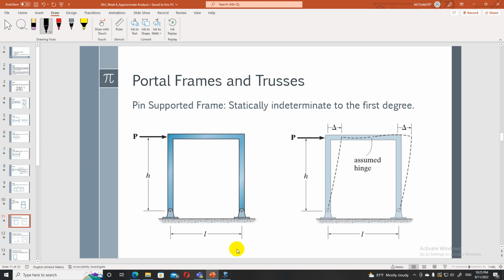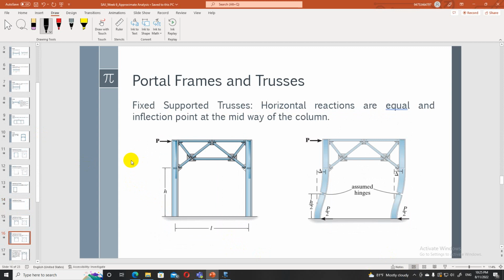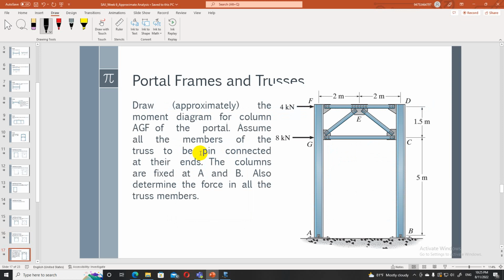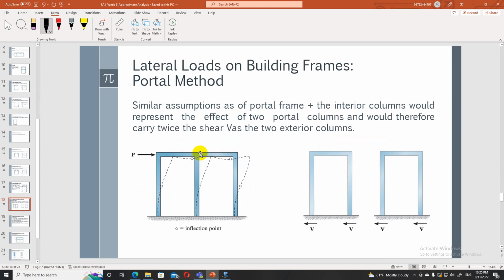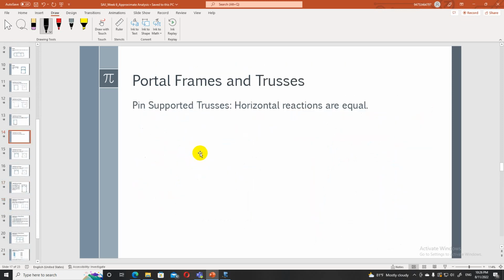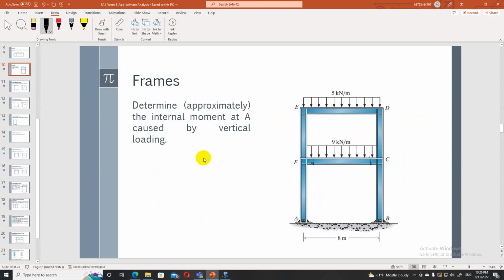So we can stop here now, and we will continue from here and complete the approximate analysis of frames. We have a few more cases to analyze, and then we have trusses supported by frames, so we need to look at this as well. We have a little bit of work to be done, so we need about 1.5 hours to complete this. I hope we can find a common time and